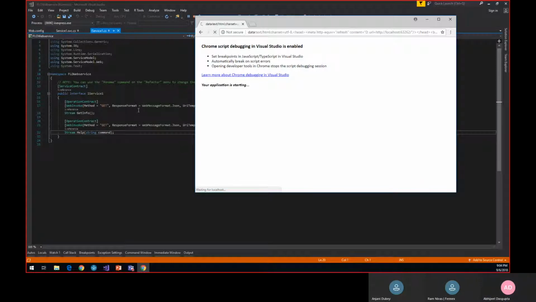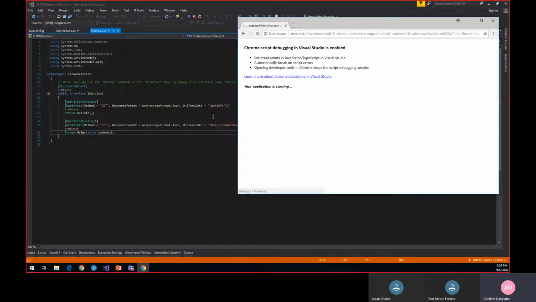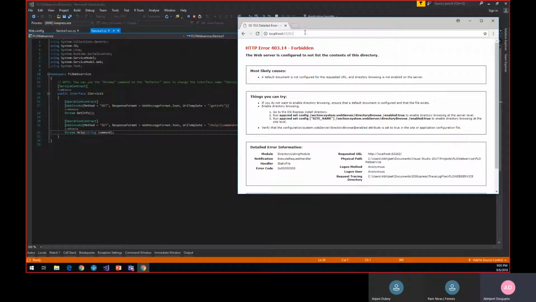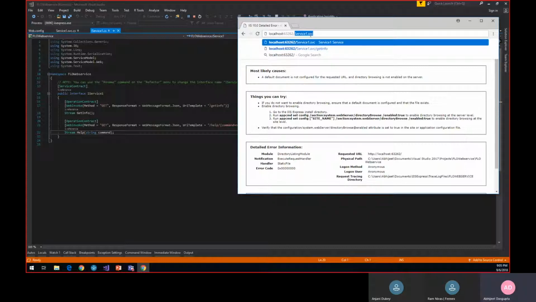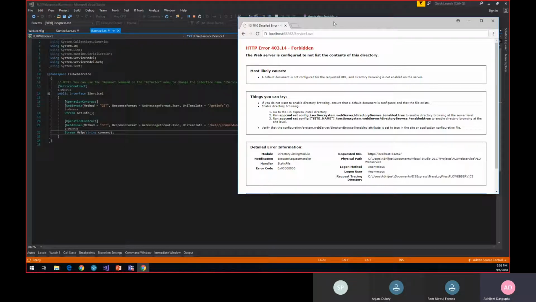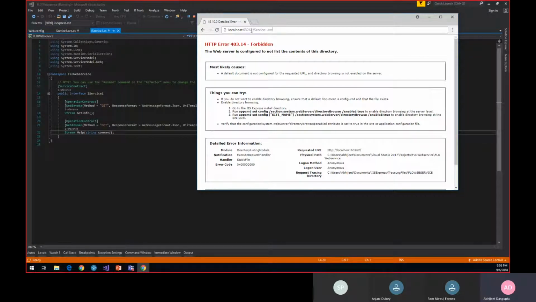So if you remember, we created both these endpoints, the getInfo and the help endpoints, as HTTP GET methods. It means that they can be called directly via browser URL. So if we just put in the name of the service, which was Service1.svc, if you remember, the API URL is something that your Visual Studio IIS Express gives you. Once you host it into an IIS server on your server or anywhere else, you must be getting some other domain name or IP address